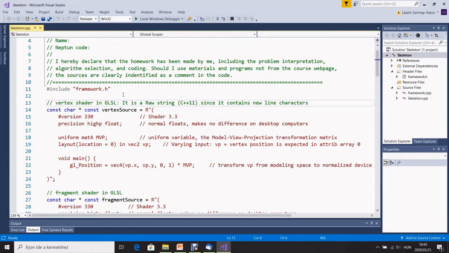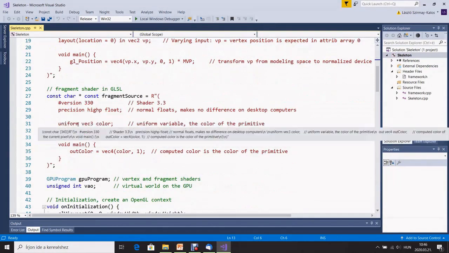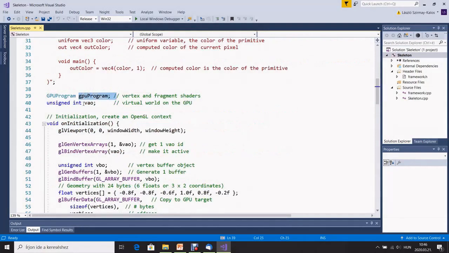In the Vasarely, we also have filled polygons approximating circles. So concerning the vertex shader developed for the rendering of a single triangle and the fragment shader basically filling up all fragments with a constant color, they are just fine and they don't need any modification. The GPU program and the object, we have just a single object, the circle, but it will be drawn many times, are initialized in the onInitialization function and can be used in the onDisplay function, so they are still global